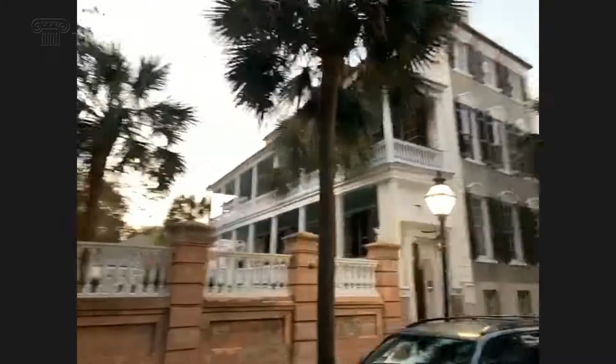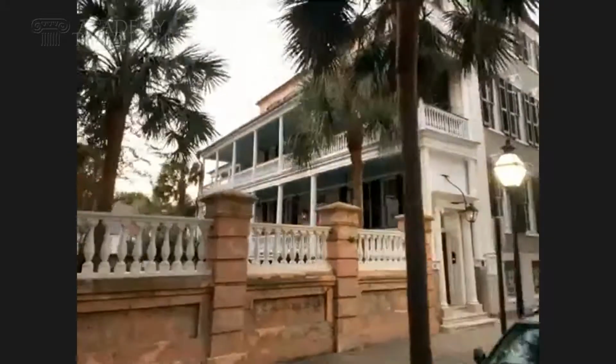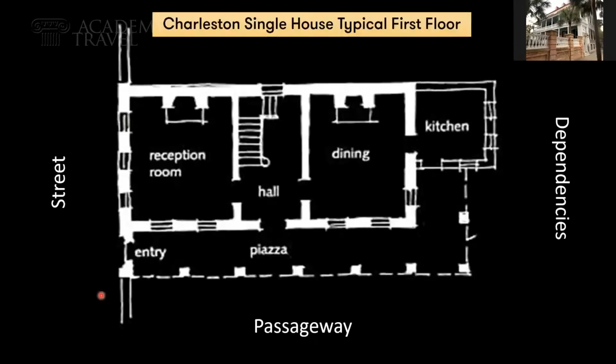This is necessary in the sweltering nature of Charleston's weather. It's 30 degrees right now, and the sun is down. It's the middle of October, so we're in the fall, and it's still really hot here. And so you would need this house to have this large open piazza and every room in the house to open up on the piazza to maximize airflow and make it bearable. The other kind of distinctive aspect of the Charleston single house is it's quite long. It extends back from the block rather than having most of its frontage on the street.